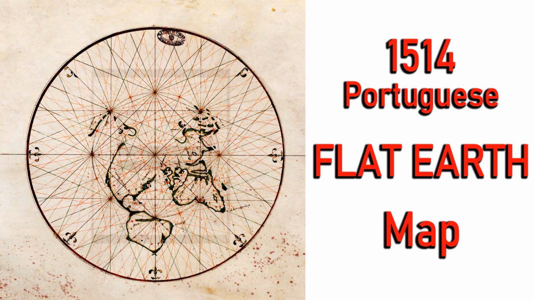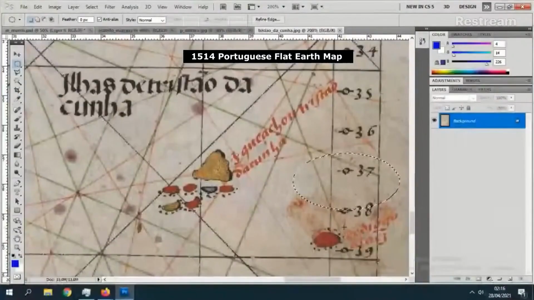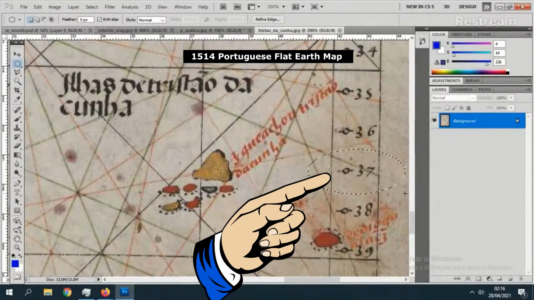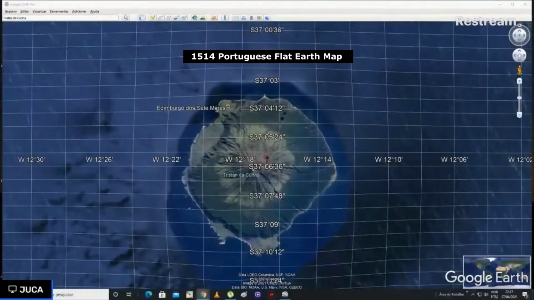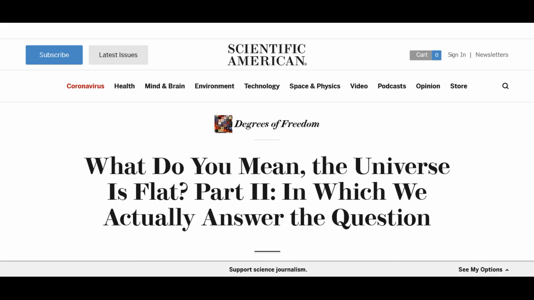Using Euclidean flat Earth geometry, between 1500 and 1600, the Portuguese had already sailed the whole world. In fact, in a collection of Portuguese maps dating from the late 1500s, they even had the coast of Australia mapped out. The remote island of Tristan da Cunha had already been marked with the coordinates 37 degrees south, 12 degrees west, using Euclidean geometry. Tristan da Cunha was discovered by the Portuguese in 1506. Yes, the whole world had already been mapped out and divided using Euclidean geometry.